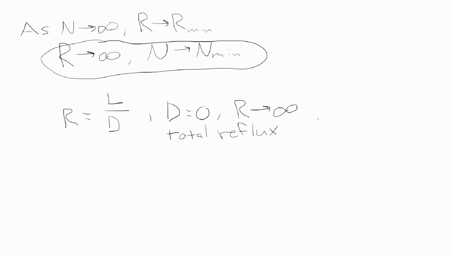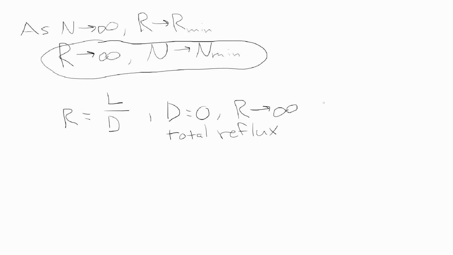And what this case really represents is feeding nothing into the column, taking nothing out of the column at either the top or the bottom, and simply allowing the vapor and liquid within the column to recirculate. It's boiled up by the reboiler, condensed by the condenser, and it just gets dumped back into the column at either side. So we've got a 0 feed rate, 0 distillate flow rate, 0 bottoms flow rate. We just have a column that's full of liquid and vapor, and it is just constantly recirculating,